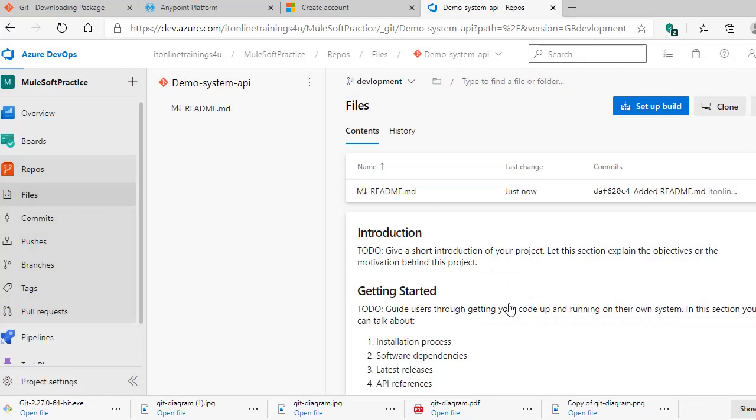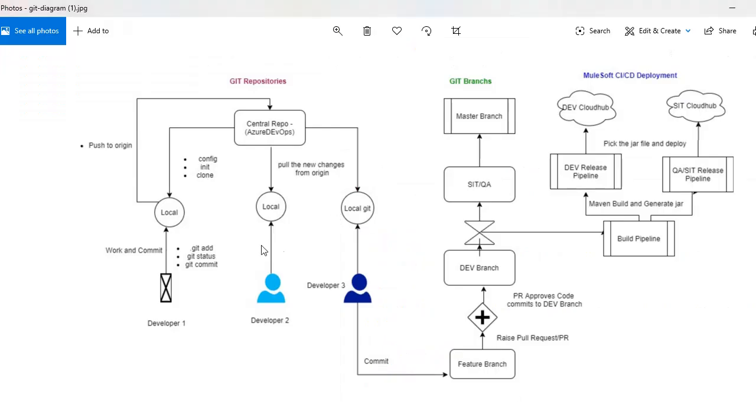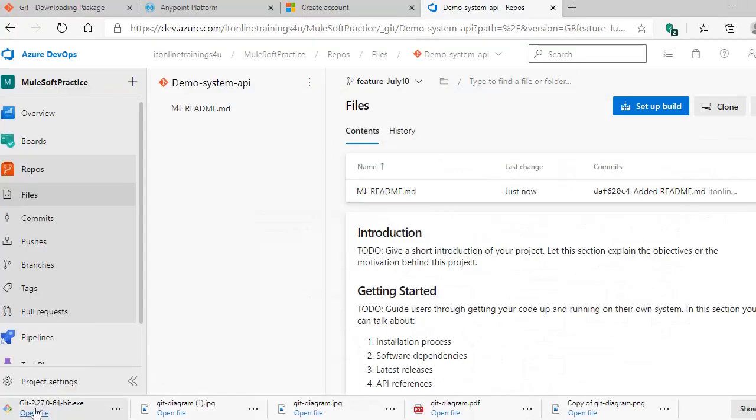Let's create this branch. This is our remote feature branch. We need to clone this feature branch in our local repository, as we just discussed. So till here we have set up all the Azure DevOps remote repositories and branches.